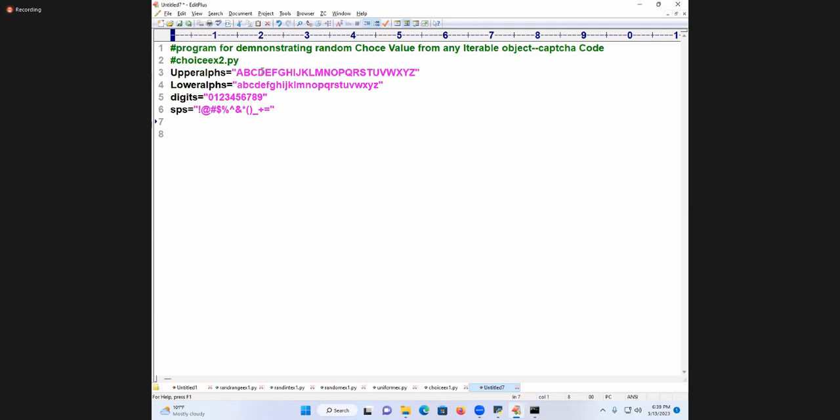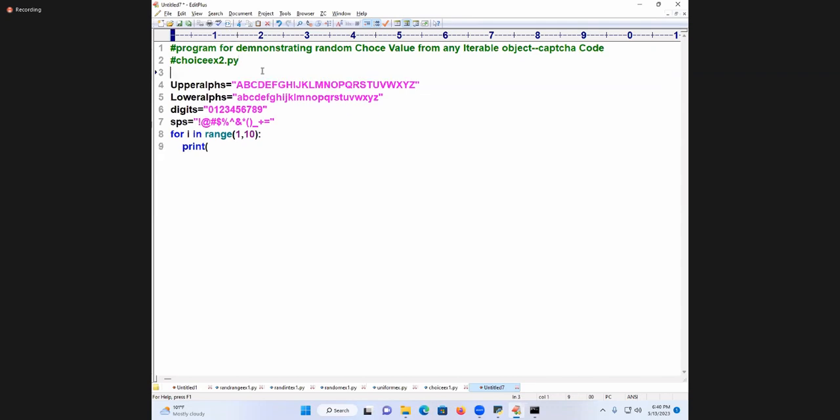From there, I want to get the data. How do I get it? For I in range of 1, 10. 1, 10 means what? 9 times it will come. What do I want to print? Print, students. So import what here? Import random as R. Now print here R dot